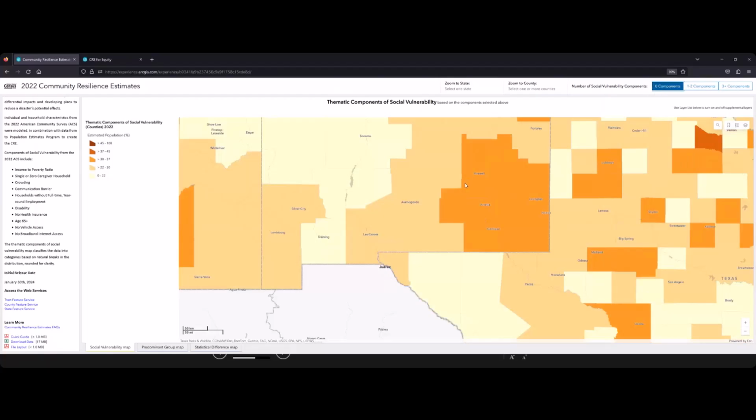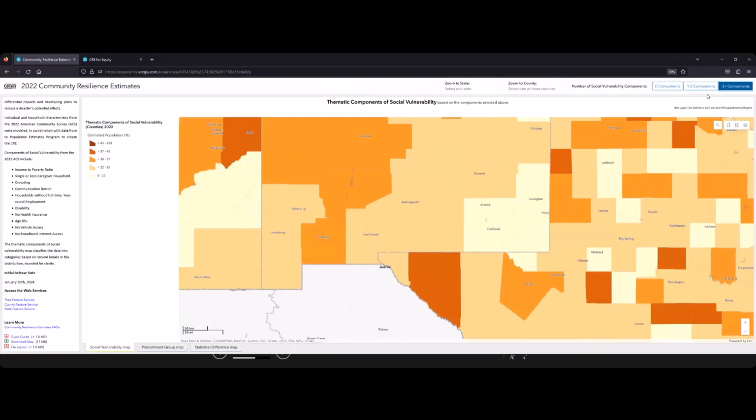And if we switch to the zero components group, once again, the coloring has changed. It looks like light orange, so somewhere in the 22 to 30%. We click on it, and we can see the percentage of residents with zero components of social vulnerability is estimated at 24.11%. Notice that we have compared the three different groups, 0 components, 1 to 2, and 3+. And the group with 1 or 2 components seems to be the largest group in this particular geography,